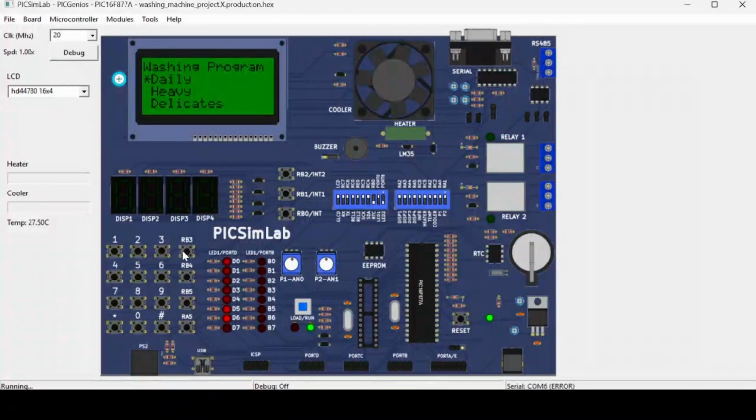Now we again select daily by giving the long press, and again we select auto. Now we press stop, and again it comes to the washing program display. Hence our simulation is successful.